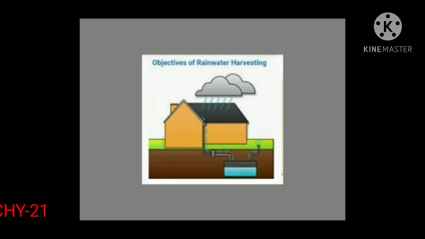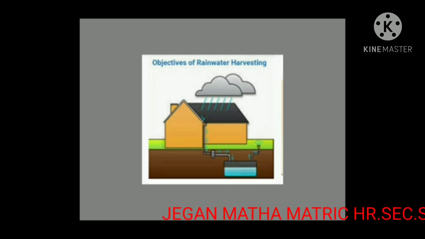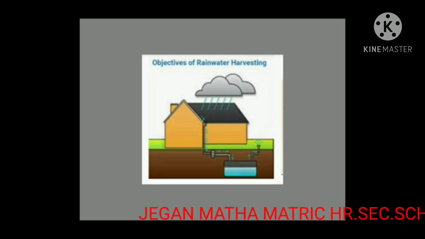Now let us learn some objectives of rainwater harvesting. To meet the rising demand of water needs, to raise the water table underground, to reduce soil erosion. It helps prevent urban flooding due to excess rain. It can reduce the water bill in urban areas. It can be used for non-drinking purposes. Water stored can be used for irrigation purposes. It reduces water flowing into the sea in coastal regions.